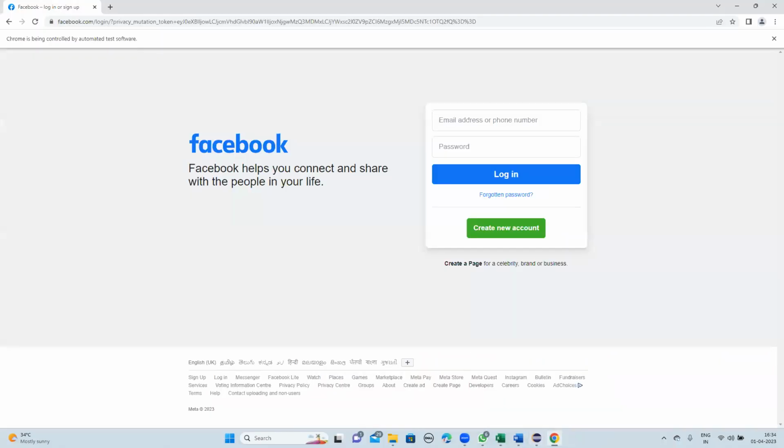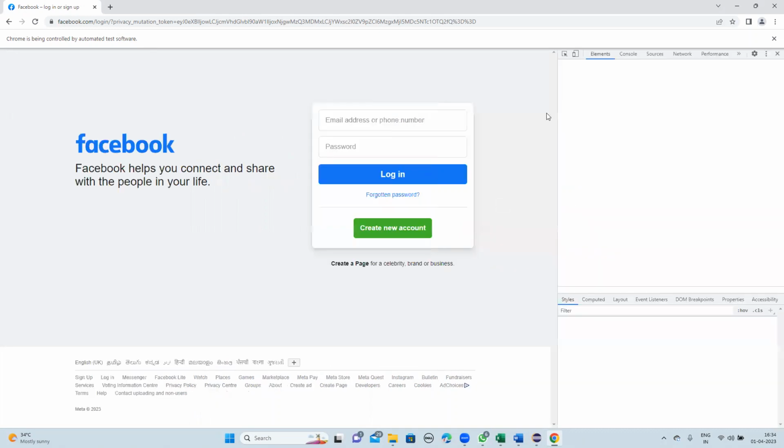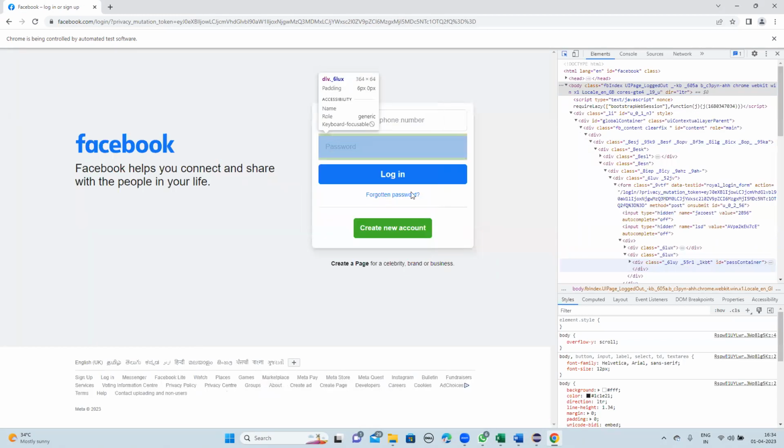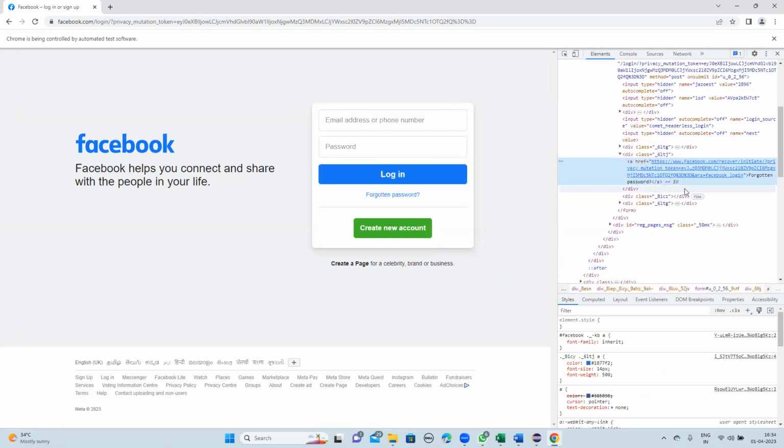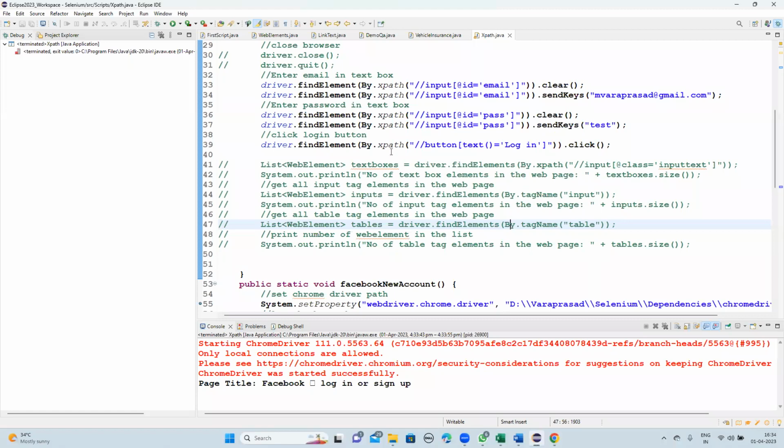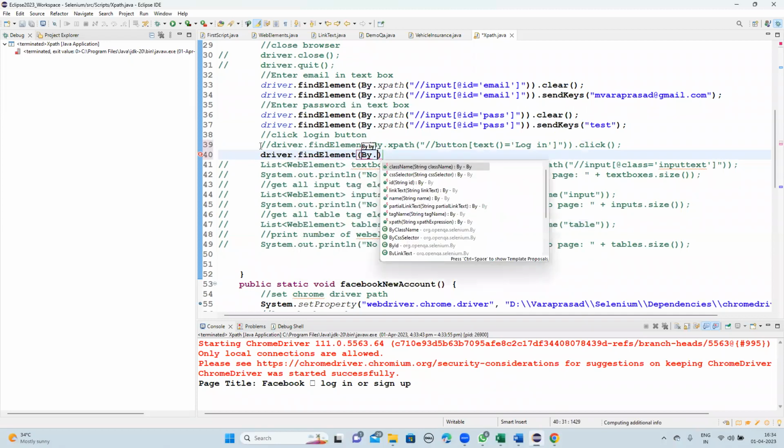Similarly, you can also use HTML text to identify link also. Suppose here forgotten password link. If I want to click this link, so for this link, what is HTML text? Let us copy that. Copy this link text. So this is the HTML text. Copy it, and let us define this link. I'm commenting this line, and I'm adding here dot find element by dot XPath